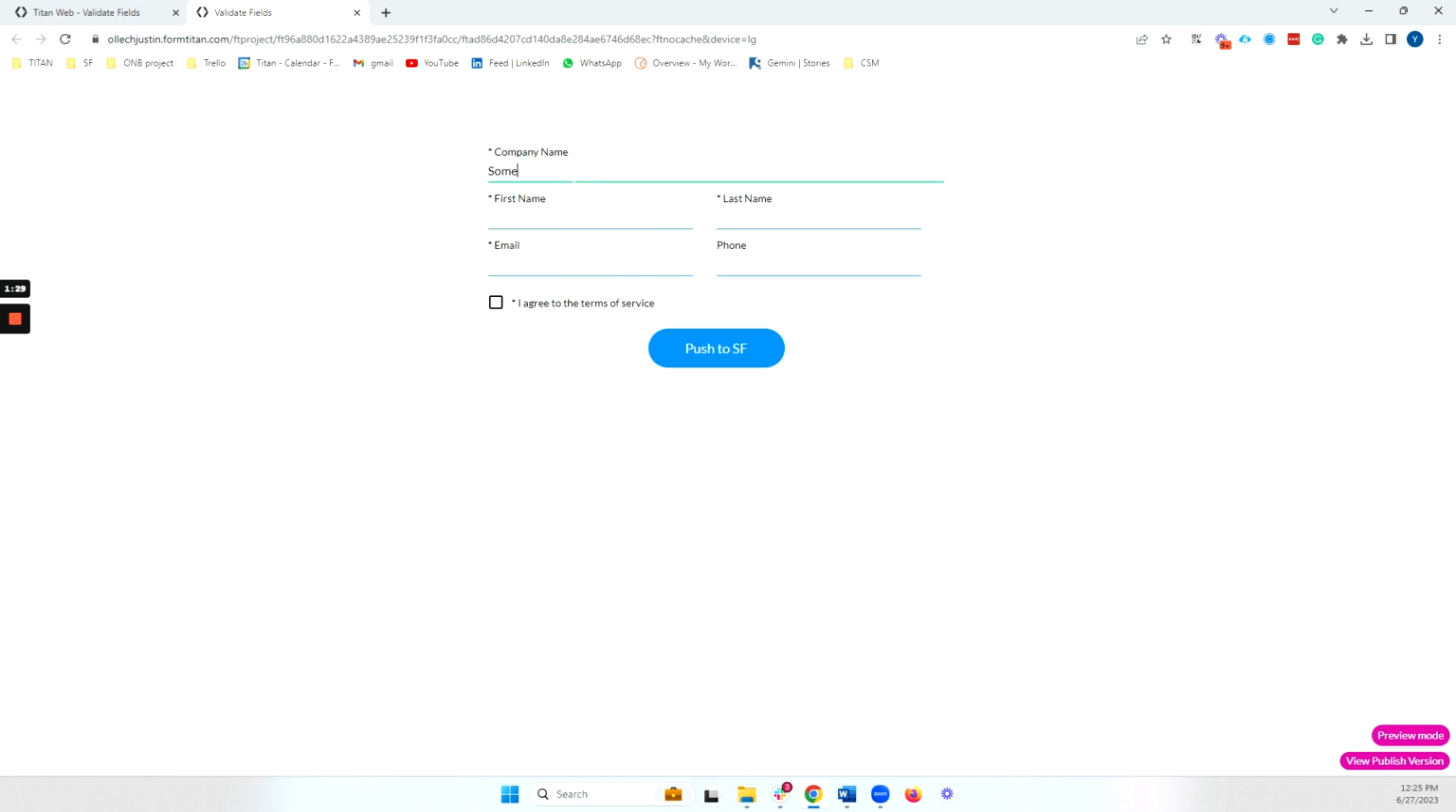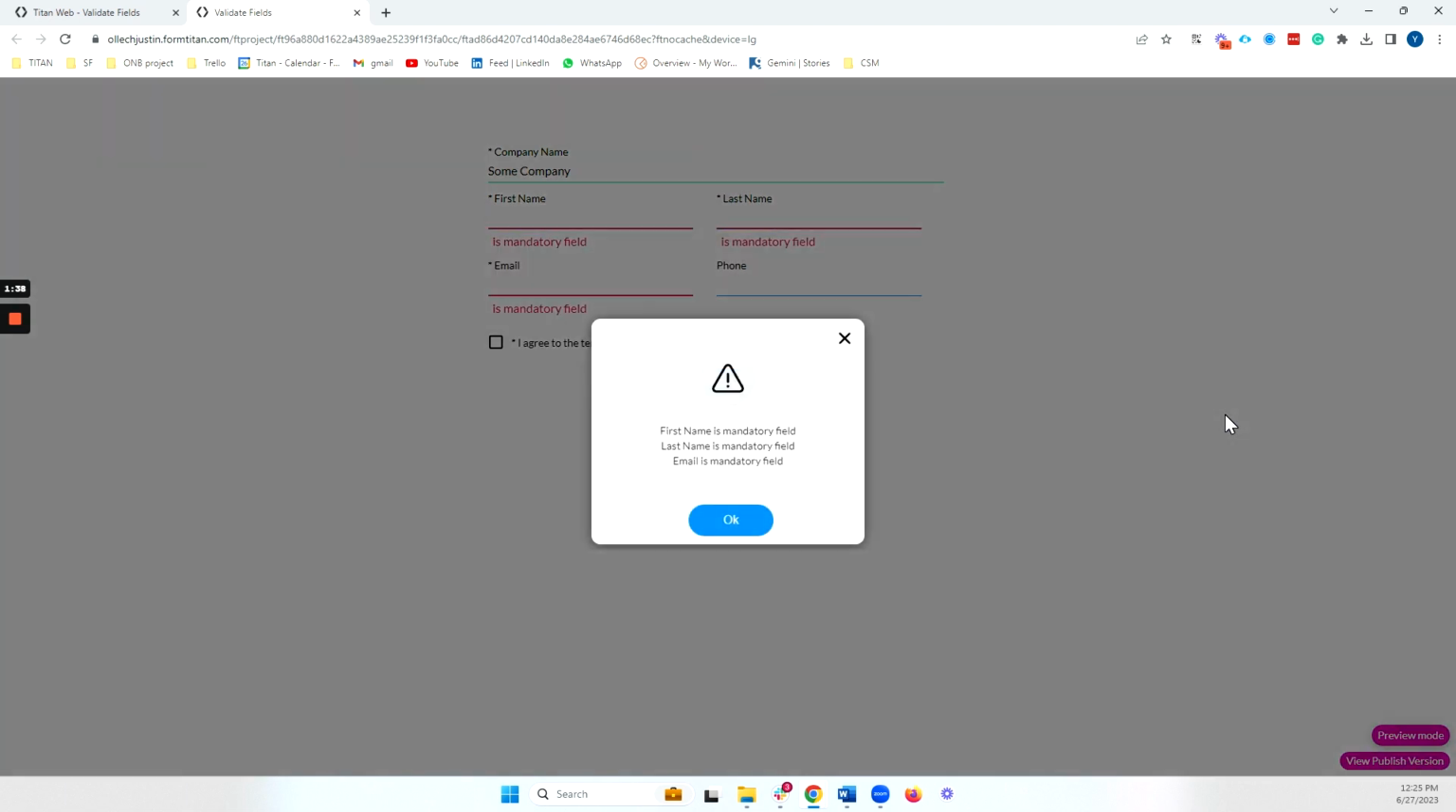All right, some company. And I'm purposely not going to fill out the first name, last name, and email here. I'm also not going to tick this checkbox, and I'm going to go ahead and push to Salesforce. Now notice I did get a validation telling me that my first name is mandatory, my last name is mandatory, and my email is mandatory. And that is because these fields are included in a push to Salesforce, or they are mapped in a push to Salesforce,